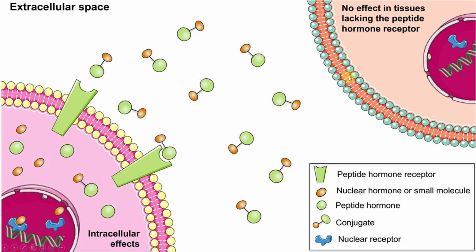Again, I know this is the third time I'm saying it: it's not just the hormone itself, it's also the availability of the receptors. And we call that the sensitivity. If the hormone has a great effect because you have lots of receptors, you're considered sensitized to that hormone. You're sensitive to it, so you don't need a lot of it to get an effect. And if you don't have a lot of receptors, you're resistant to it, meaning that you need more of the hormone to get the same effect.